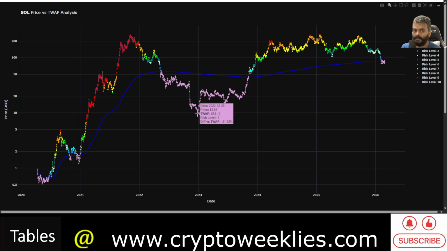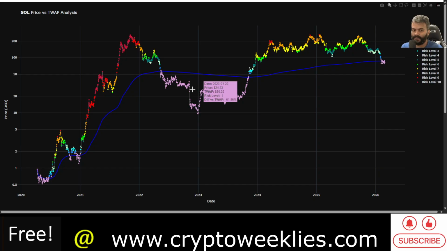In the last bear market, at one point the difference between the price and the time weighted average price was 80%. That was an undervaluation zone that coincided with the FTX collapse. So if you were to normalize this behavior, ignore this U-shaped recovery pattern, and just draw a straight line over here, a linear drawdown starting from that May 2022 bottom till about